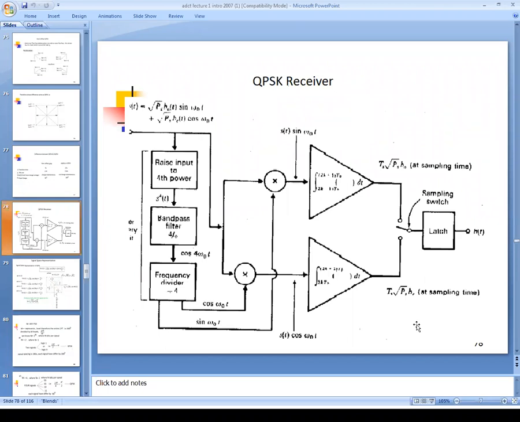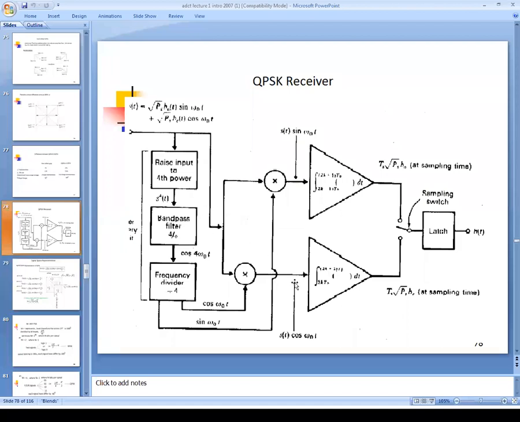So that is cos(omega naught t plus theta), the recovered carrier from the received signal. That is given to the synchronous detector. The synchronous detector's other input is b(t) root 2 Ps cos(omega naught t plus theta). After the synchronous detector, the two multiply, so b(t) root 2 Ps cos squared(omega naught t plus theta) is available at the synchronous detector output. So that is the case in BPSK.